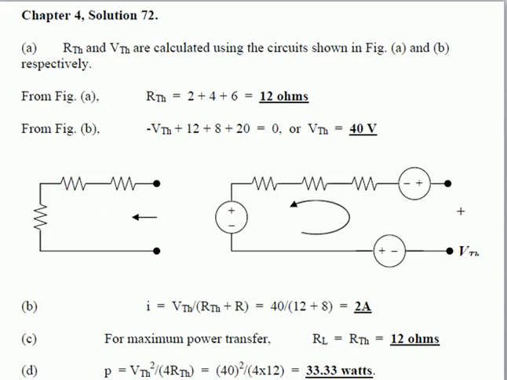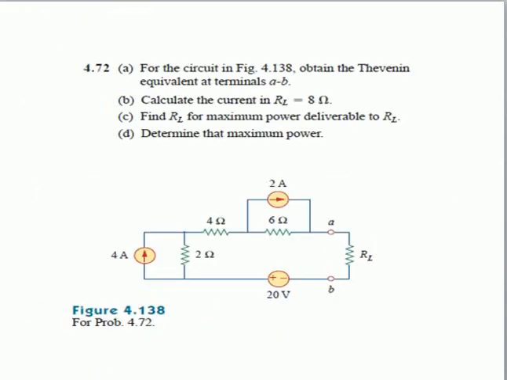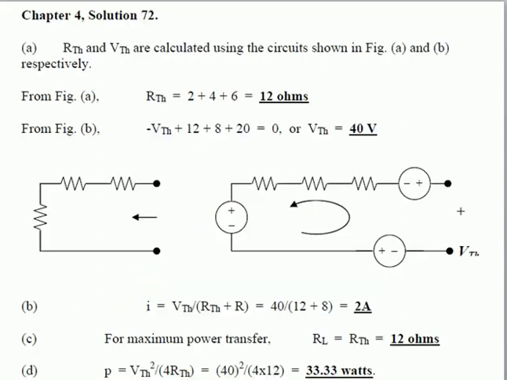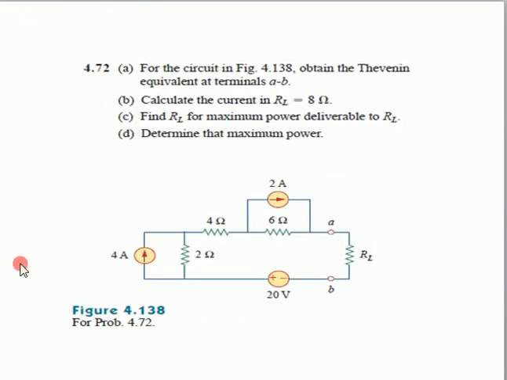Here we have the resistances of 6 ohm, 4 ohm and 2 ohm. So R Thevenin is equal to 2 plus 4 plus 6, that is equal to 12 ohm. Now, in order to find V Thevenin, first of all we will do the source transformation